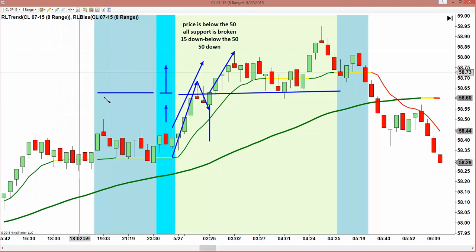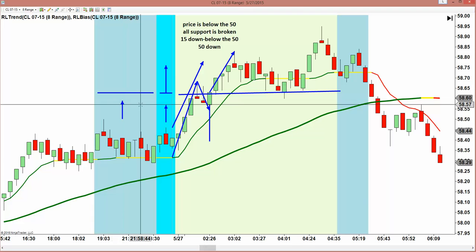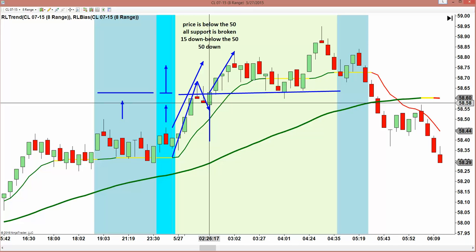Listen, the purpose of the platform is to define risk. Everything that we put on here has a purpose, and it's really all based on your risk tolerance. You can make your own trading plan. You can say, I'm only going to trade the green, and I'm only going to take those trades because they have the highest predictive value. That means